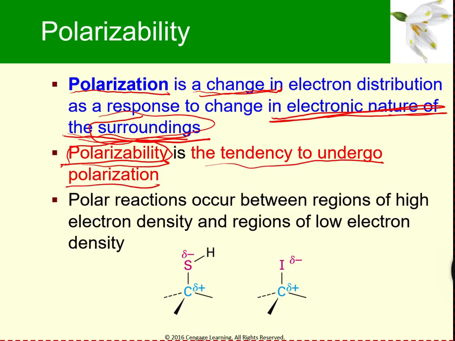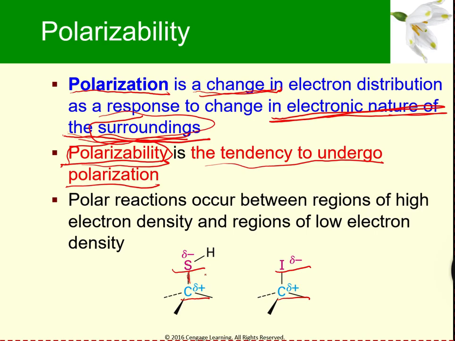For example, here in this case, C and S, we can describe carbon as delta plus and sulfur as delta minus. In this case, iodine is delta minus, carbon is delta plus, and we can say this bond is a polarizable bond, right? Because